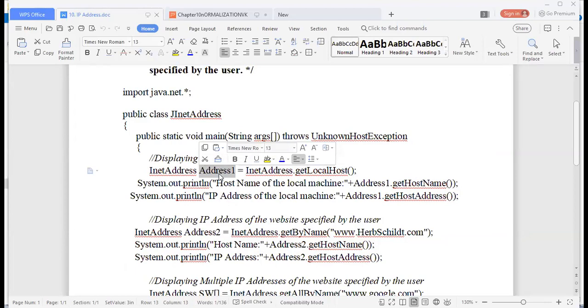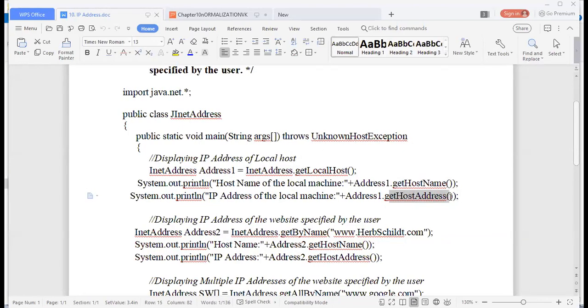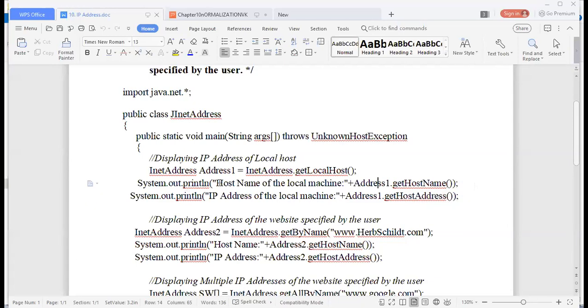Now I want to separate the domain name and the address. So I'm just using the method getHostName. getHostName will give me only the name of my PC and getHostAddress will give only the IP address. So I have printed a message here, host name of the local machine. This is my message.